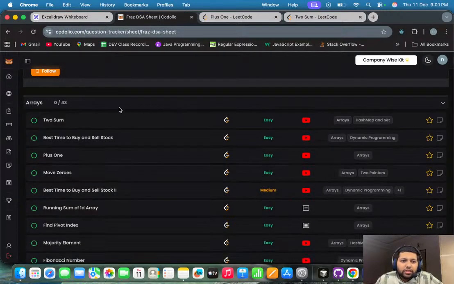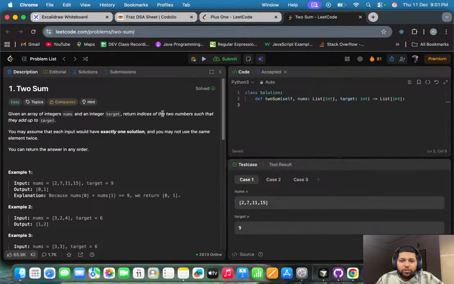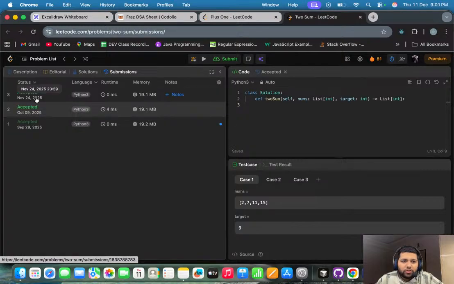Let's just start. We can discuss other things later. First question is Two Sum. It's a LeetCode question. I have solved it before, but many days before. I solved it on 24th of November. Actually, I solved it on September 29th, but it came